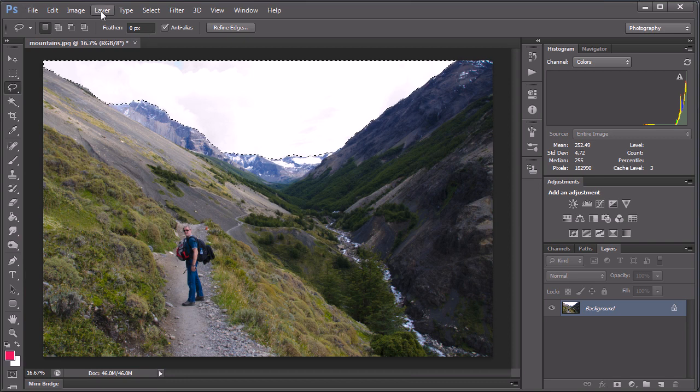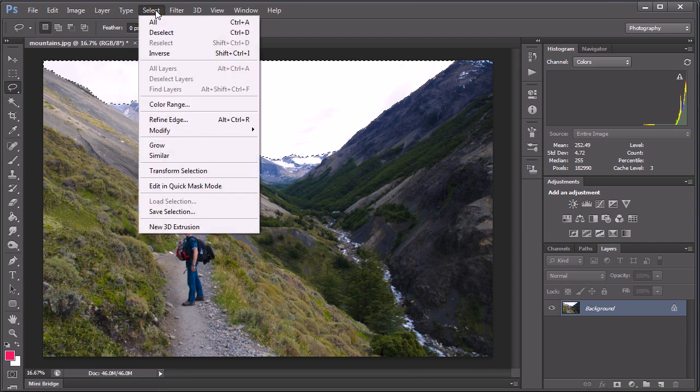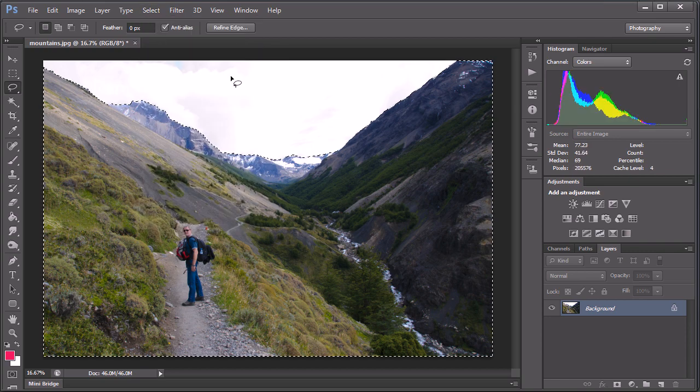Now I'll make an inverted selection. So if I go up to the select menu and ask for the inverted selection, then now I've got the part of the image that I want to retain, and now I can very quickly go and create a mask